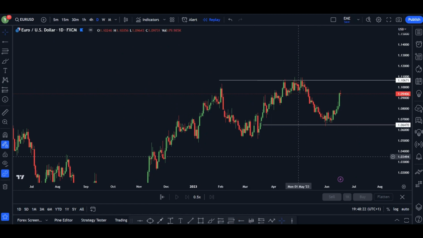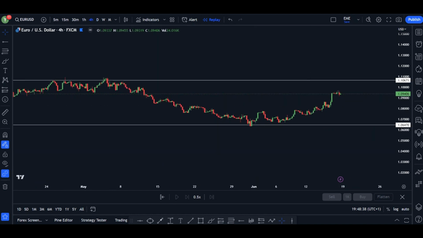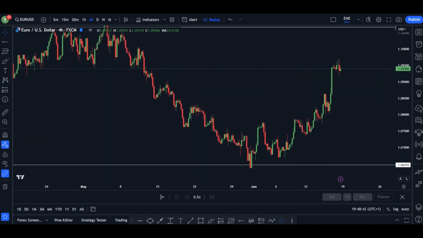So as of Friday, Friday was the last trading day for the week. You can see here from our charts, if I hover my mouse around this level, this was the last trading day for the week, and we didn't get much momentum from this. If we narrow down to the 4 hour charts, on the 4 hour charts, we can see that